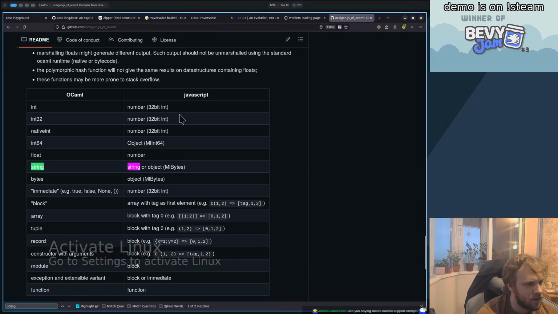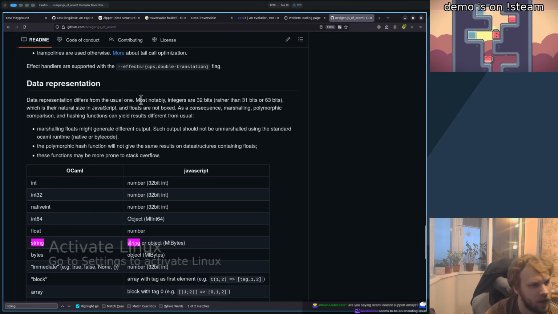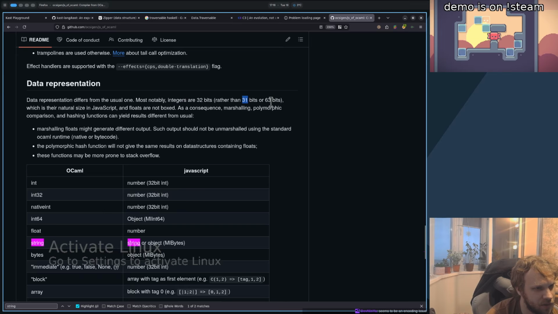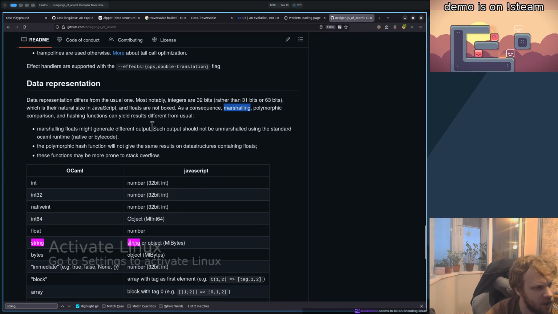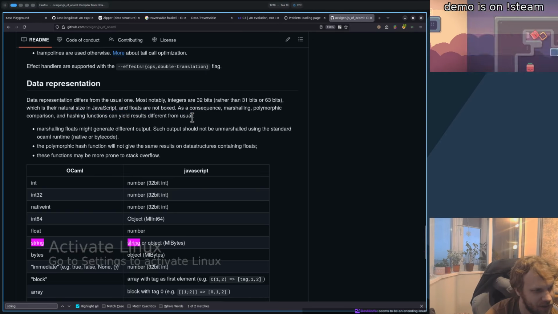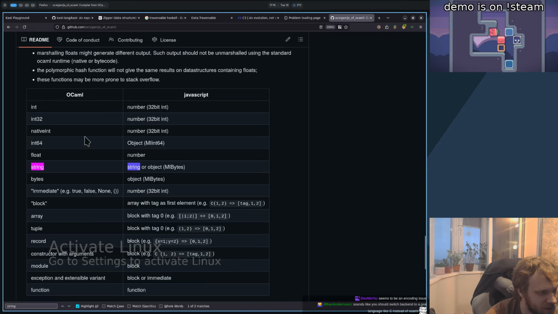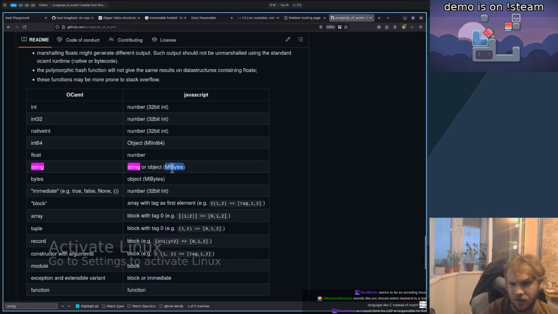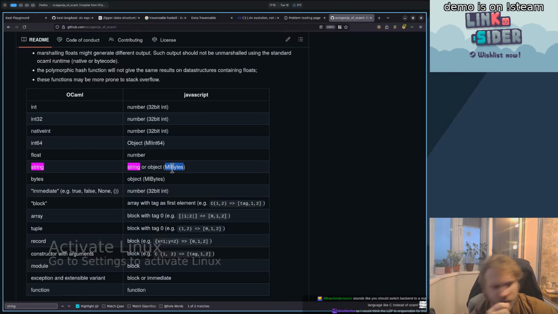String. Yeah. So data representation differs from the usual one. Most notably, the integers are 32 bits rather than 31 bits or 63 bits, and floats are not boxed. As a consequence, marshalling, polymorphic comparison, and hashing functions can yield results different from usual, right? Okay, but we have a problem with strings, and strings are stored in JavaScript as string or object. Seems to be an encoding issue. How are the strings being encoded in